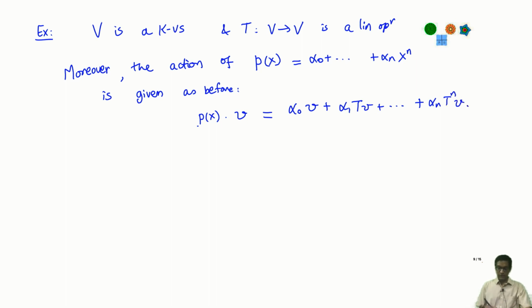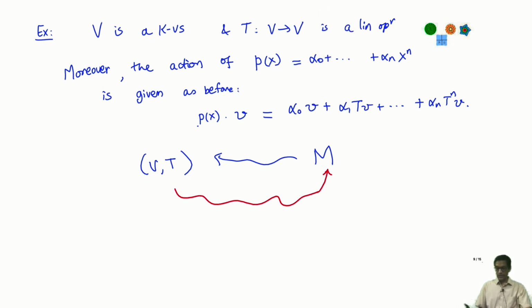In other words, on the one hand I took M, and from M I have constructed a pair (V, T). Now we have already described a way of starting with a pair (V, T) and constructing a module from it. What we are saying is that these two are really inverse processes of each other. If I am given a module to start with, I extract the V and the T from it. Having gotten this pair, I can construct a module out of that by our previous formula, but doing that just gives me back the same module M.